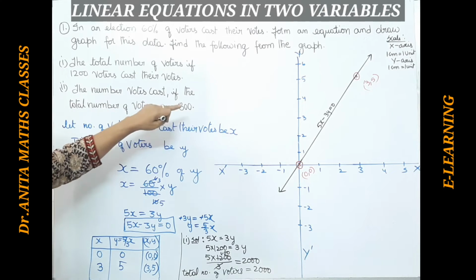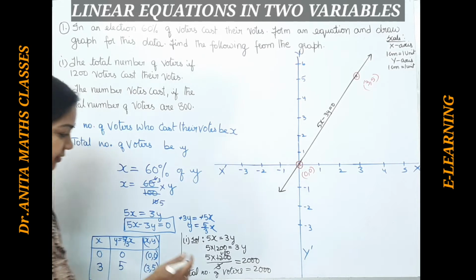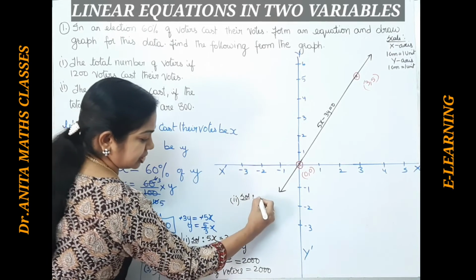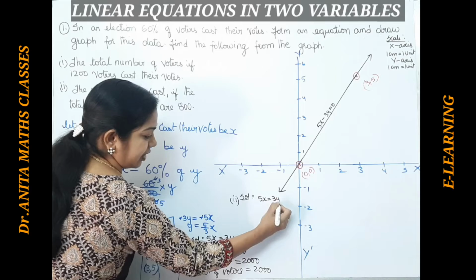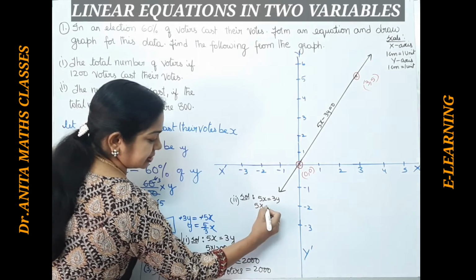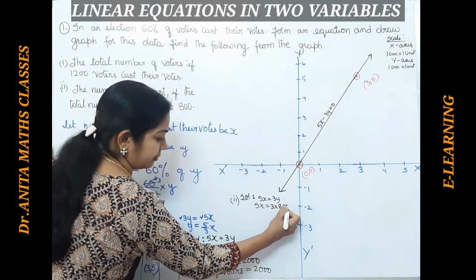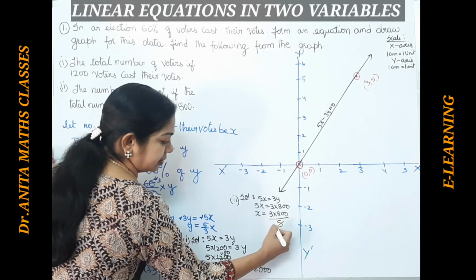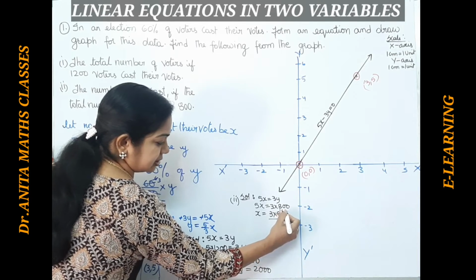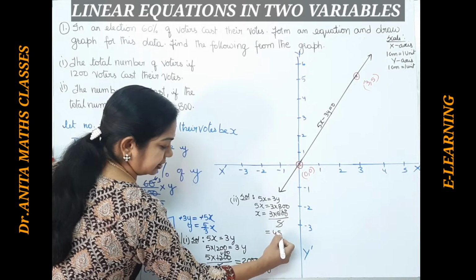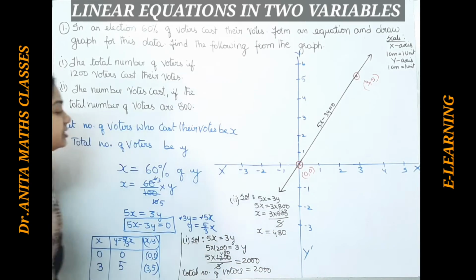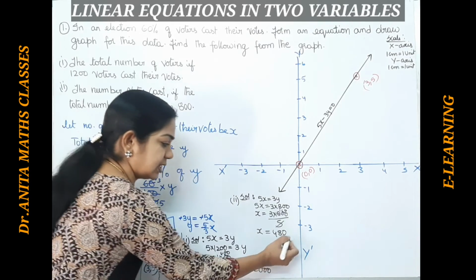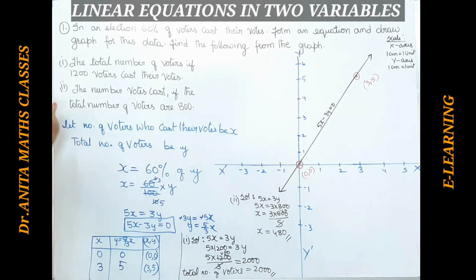Just by calculating here, and also the number of votes cast if the total number of voters is 800. Here y is given, we have to find x. Similar way we will do it here. We have the equation 5x is equal to 3y. Y is given as 800 because it is the total number of voters. So x is equal to 3 into 800 divided by 5. 5 ones 5, 3 means 560. So this comes to 480. 160 into 3, 480. So this is the second solution. Number of votes cast if the total is 800. So these are the two solutions here. Please pause the video and note it down.